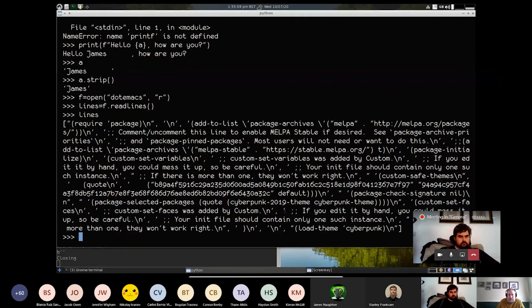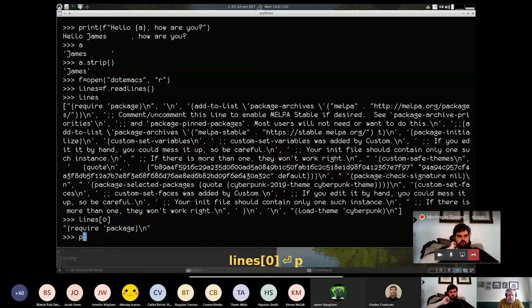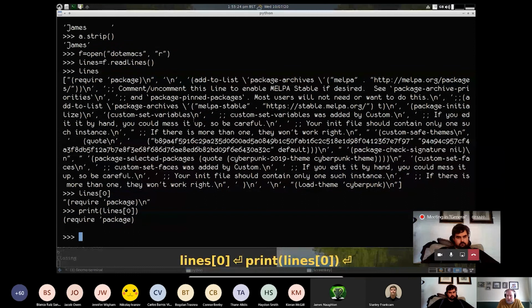Each line is from there. If you look at each line, it's got a \n on the end of it. That's a blank line because it's nothing but a \n. So if I did lines 0, and then I wanted to print it, I'd end up with an extra vertical space, another line after it,